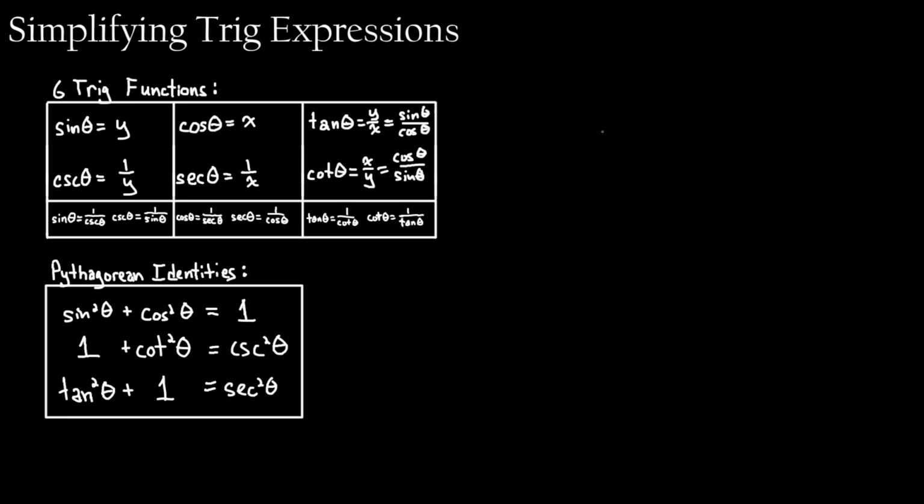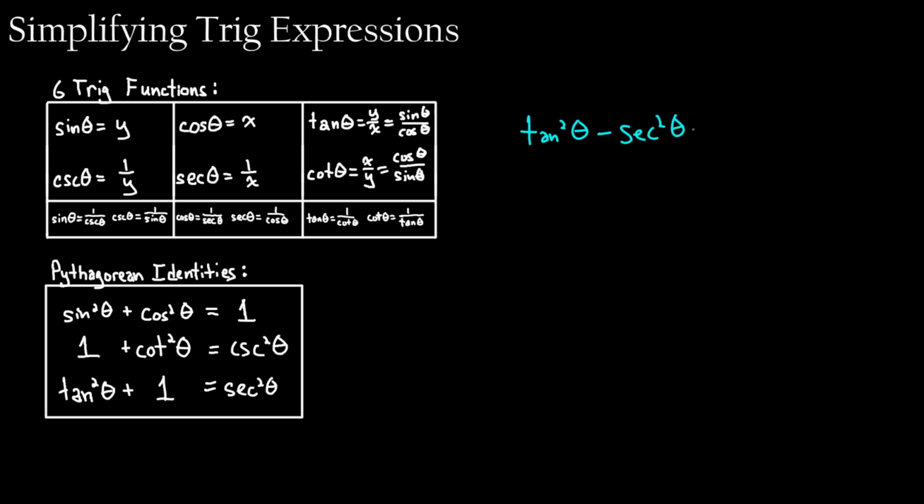Okay. Next one up here. Let's do something slightly more difficult. This one is going to be the tangent squared of theta. And by the way, once you start seeing squares and stuff like that, you should really be looking at these Pythagorean identities to substitute down here. But anyway, I have tangent squared theta minus secant squared theta